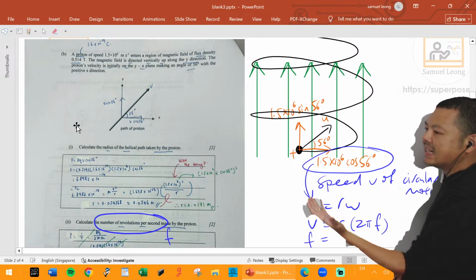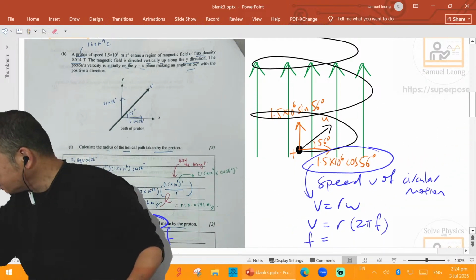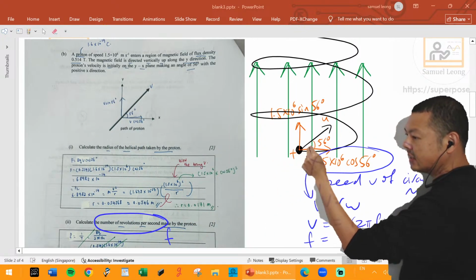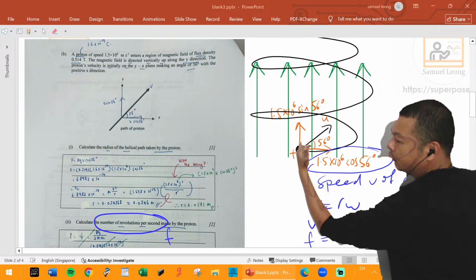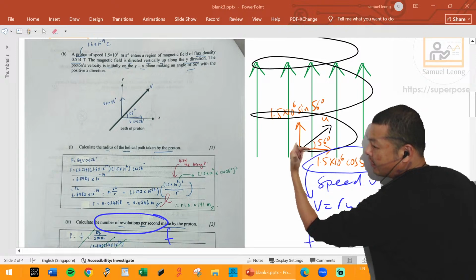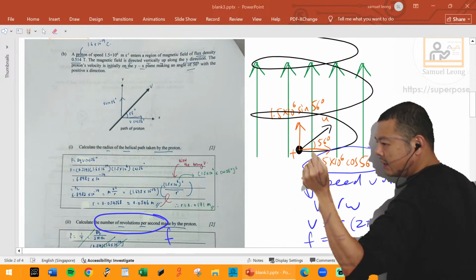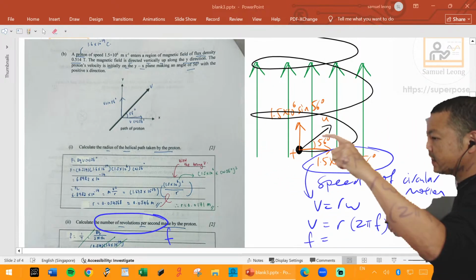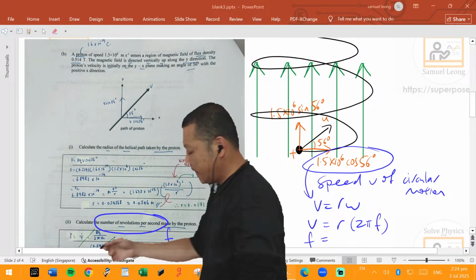They may ask you, where's the center of its circular motion for this particle? Then the answer is the center of this guy's circular motion is like here, in front of it. I'm putting my fingers in front of it, like here in front. Because when you do your left hand rule and the force points out of the page, you see my thumb there, I'm trying to point it out of the page, pointing towards your cameras, guys, your screens. The center of the circle is in front of it. So the charged particle will do a circular motion like that, and as it goes in circular motion, it goes upwards. That's your helical motion.